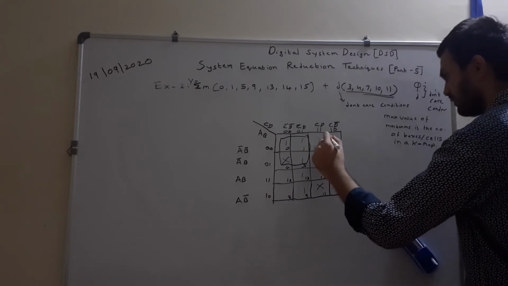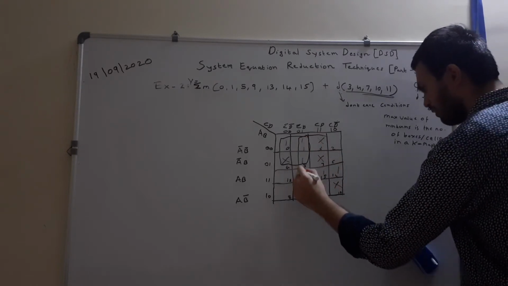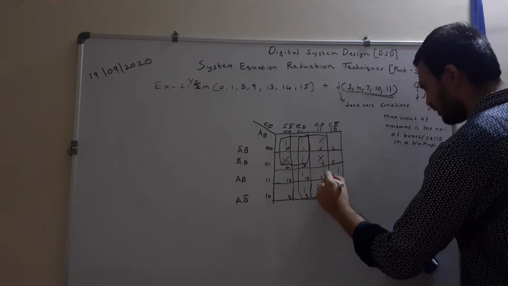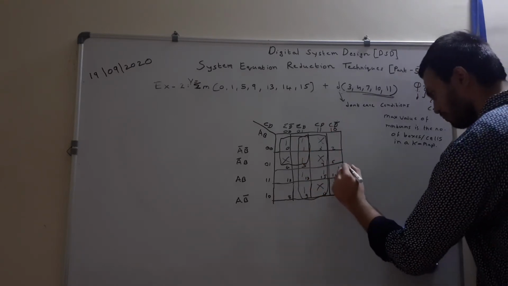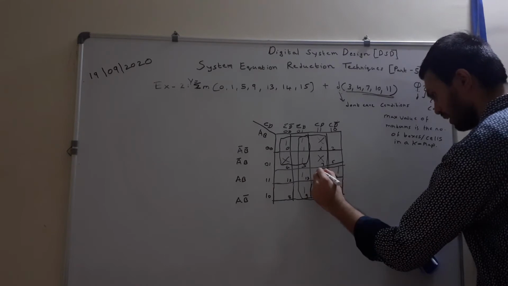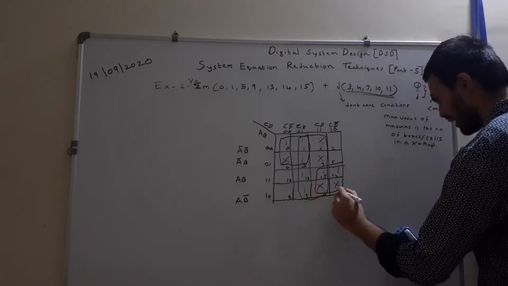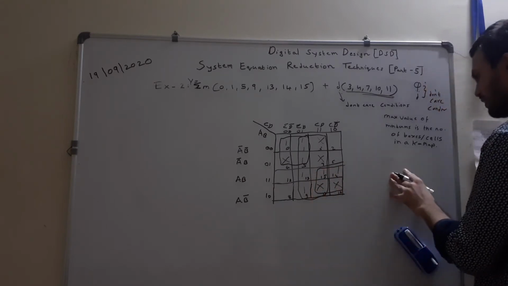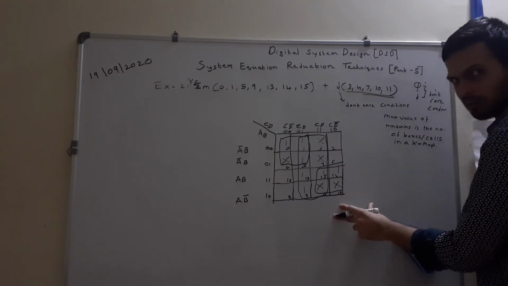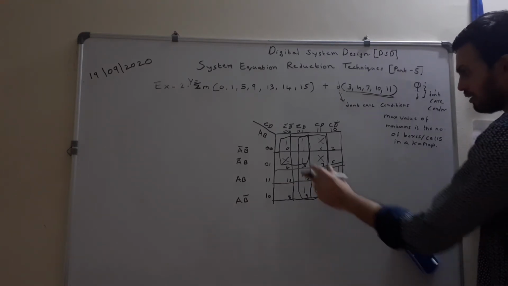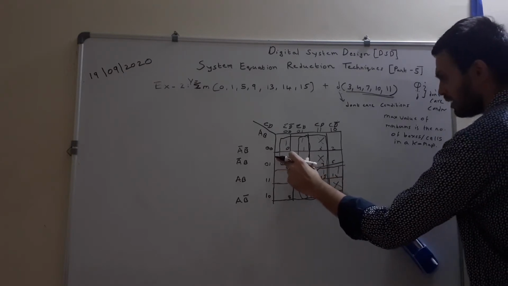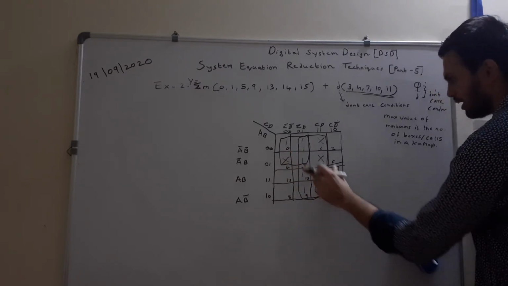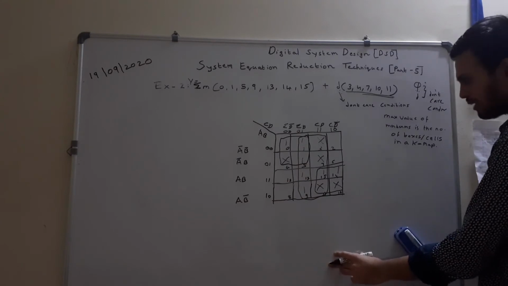The next one is this particular octet, as you can see. Then the next quad is present over here. Remember, I am grouping in such a way that the adjacency principle, or adjacent cells, is followed, and I am obeying all the laws of grouping. So in this example solution, we have two quads and one octet which is present in the center.